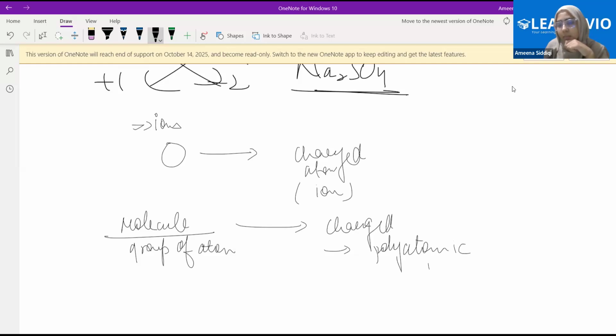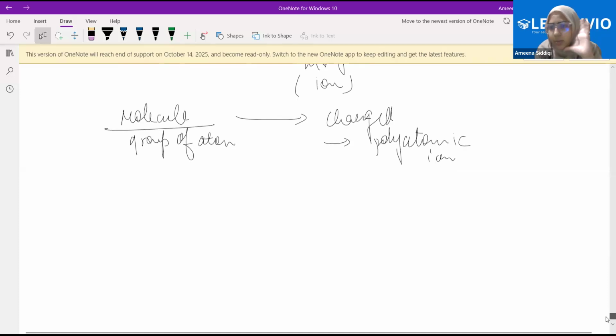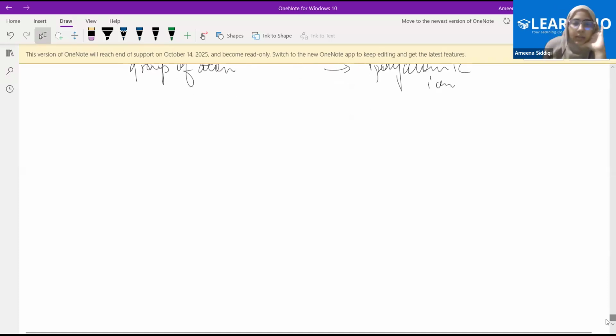Yes, polyatomic ion, simply because it was a molecule. So obviously it is having a group of atoms. Now a group of atoms could be referred to as a polyatomic ion. Therefore, it will be called a polyatomic ion. Fine. Now the ions, whether it's of a single atom or of a molecule, that means an ion could be of two types,